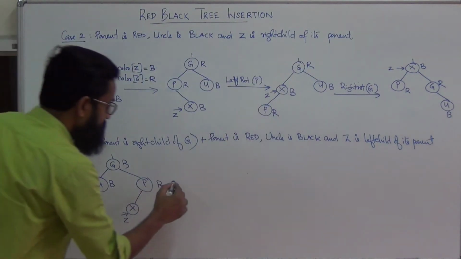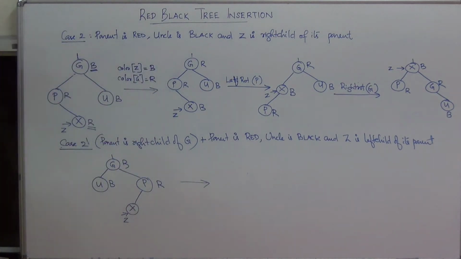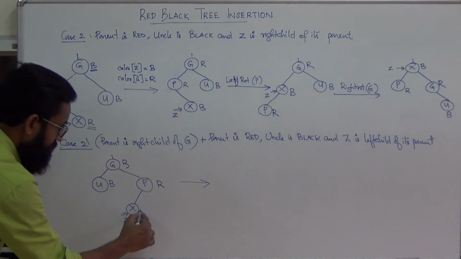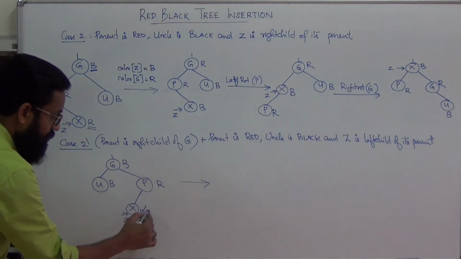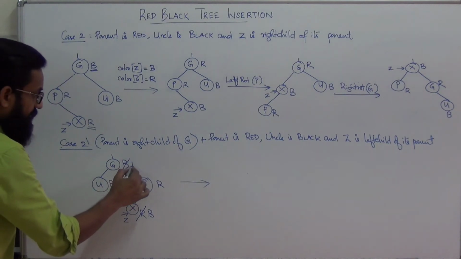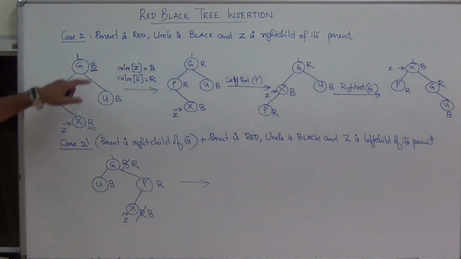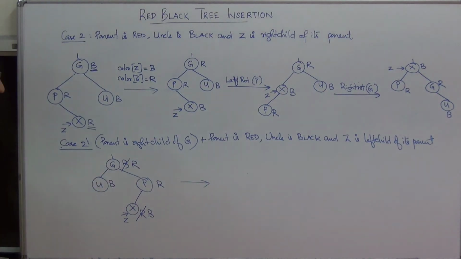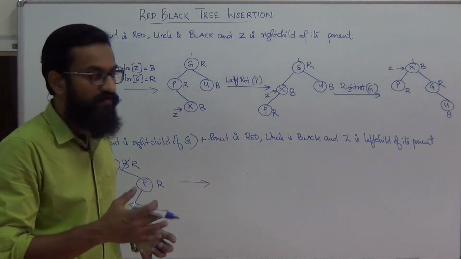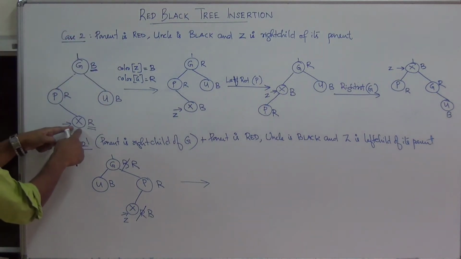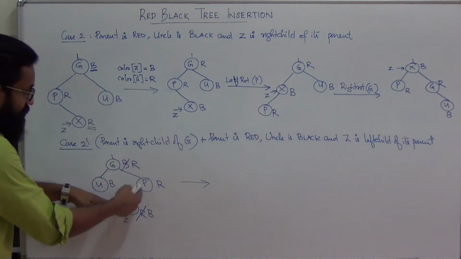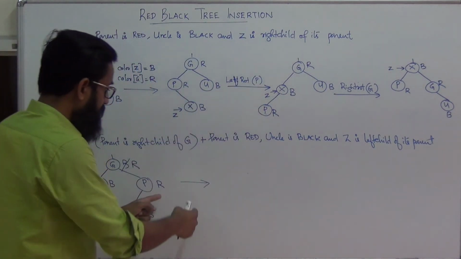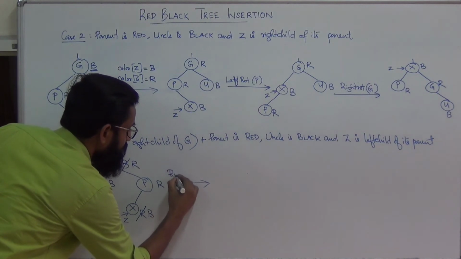So in this case, the color change operation is the same as that of this one. That is, here this one is red. You have to change the color of the new node to black and grandparent to red. This must be followed by, as I said earlier, interchanging the role of left and right. Here the new node is actually the right child. Here the new node is actually the left child. After this color change operation, here you are performing left rotation, but here you have to perform right rotation.